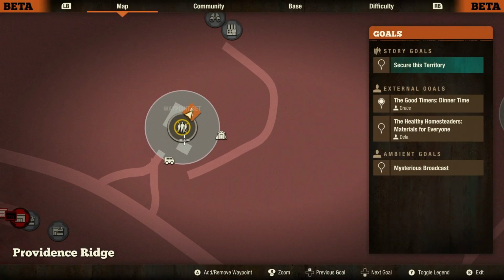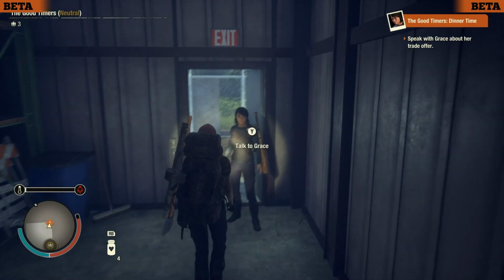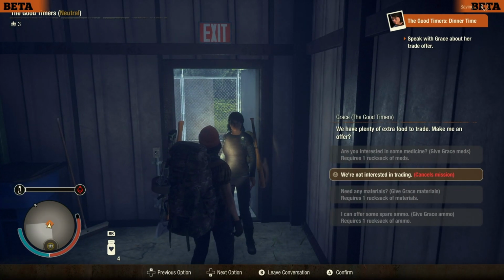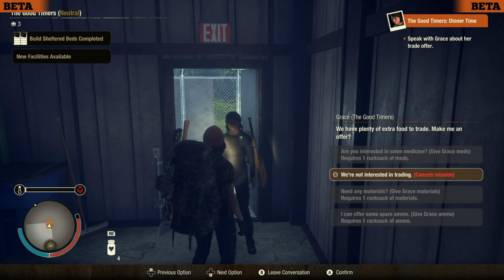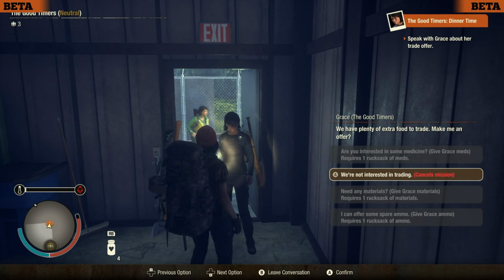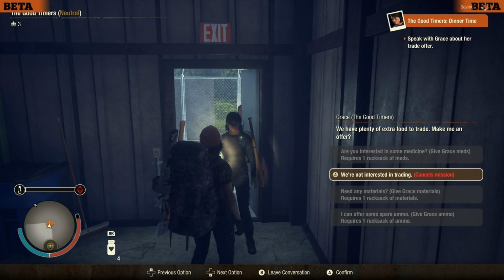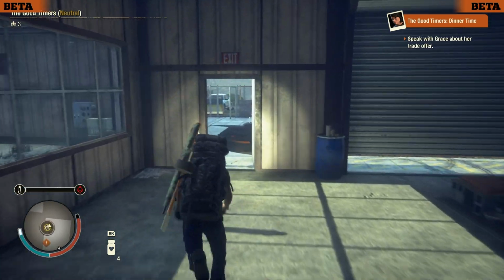Yeah, so, you guys... These guys are annoying because they're actually occupying a real base. Like, this is a real home base location. What would you want to do? And we're all done here. So, oh, they want to trade. We got plenty of food. Make me an offer? Well, you didn't tell me that you wanted... Oh, wait, we have materials. Have a good day, then. I have materials in the back. I guess we can...